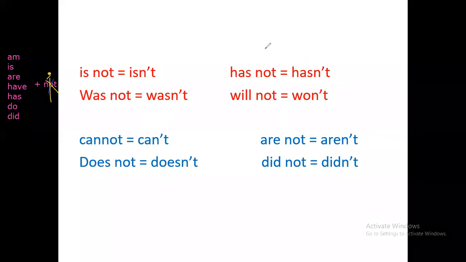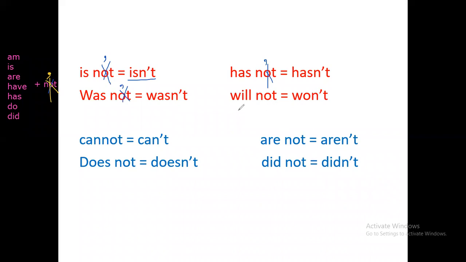Okay, here, we're going to cross out the O and put an apostrophe. So is not becomes isn't. Was not, cross out the O and put an apostrophe: wasn't. Has not, cross out the O and put an apostrophe: